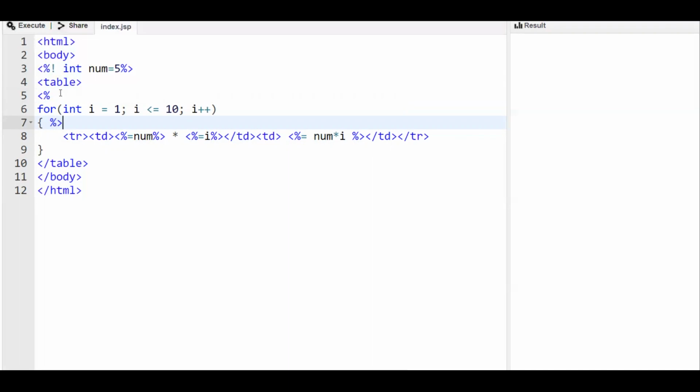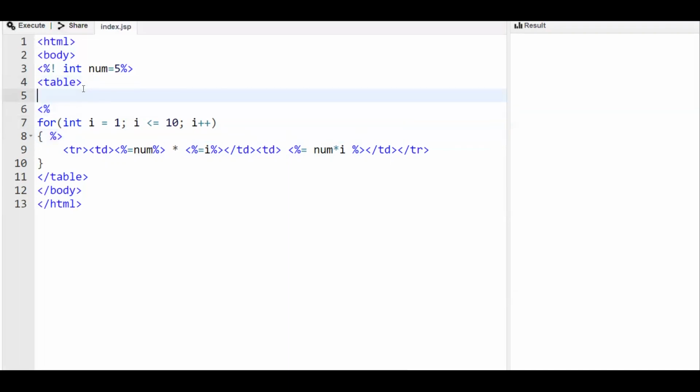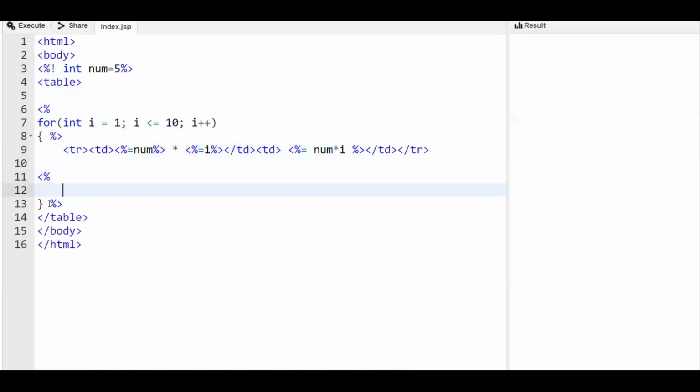The entire thing is HTML and all the things are embedded. Now here we will put this closing flower bracket inside a scriptlet tag.